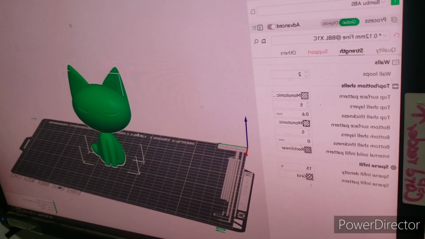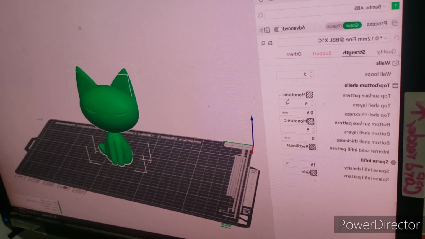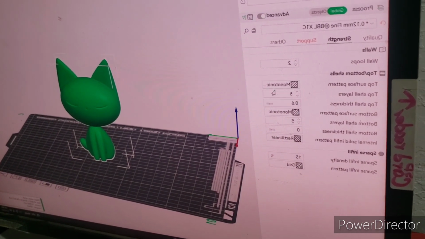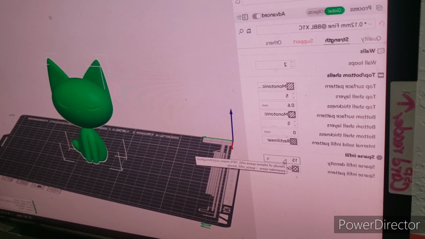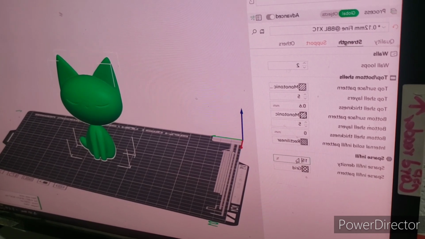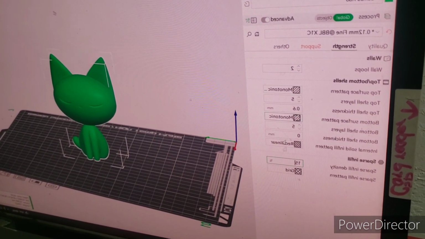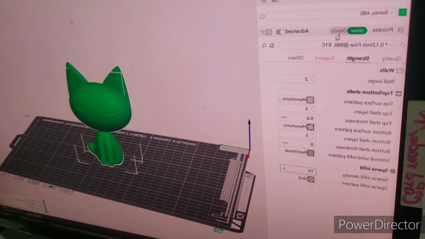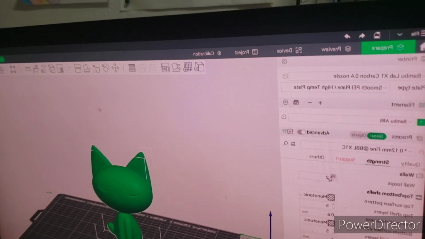So wall loops are how many loops it does around the outside, and then it'll do some kind of infill for the void spaces inside. You can make your print a lot stronger by increasing the number of wall loops, and also increasing the sparse infill density, which increases the density of the infill inside. You can also choose different infill patterns, but the default pattern is probably fine. If it's something that you're going to be using, like it's not just sitting, it's going to be